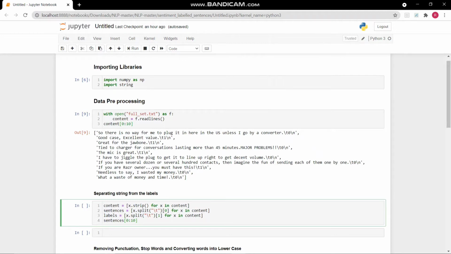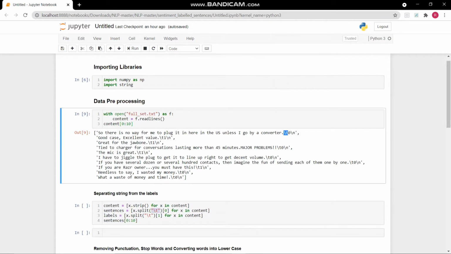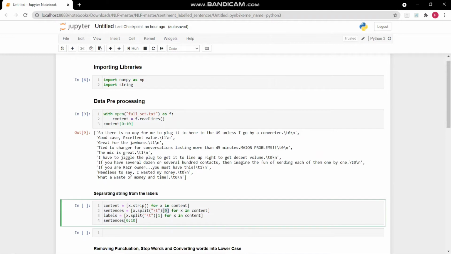So in this x.split function, I have passed the \t character, which means that I want to split the string at this \t character, and the 0th index indicates that this will store all the sentences, or the part before the \t character, and this 1 indicates the part after \t.